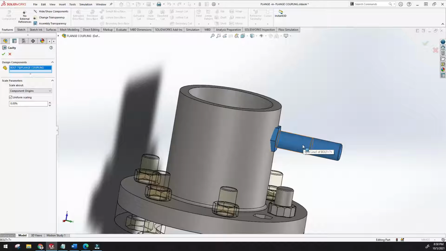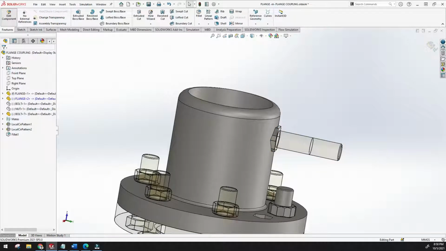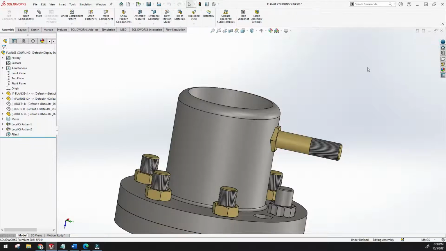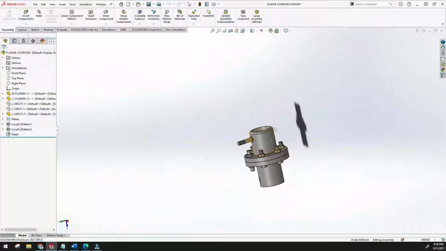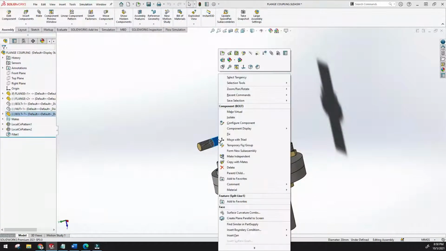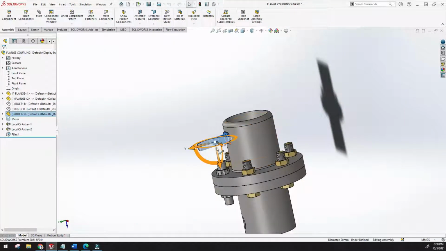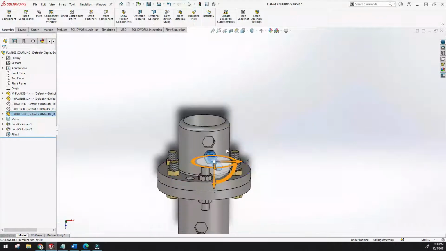So here is the design component. Okay, and here are options like component origin, component centroid, mold base origin, coordinate system. You can change to different systems, and you can also give different scaling. I just want to keep the original one, and then just click done, and go back here by clicking this, and finally right click and use move with triad, and here you can see the cavity is created.